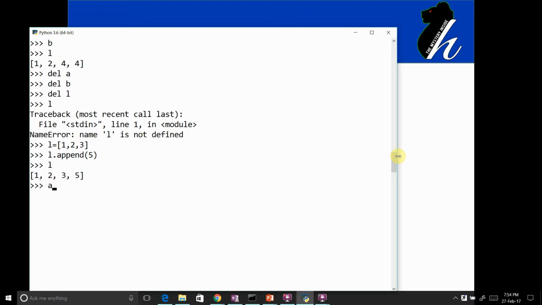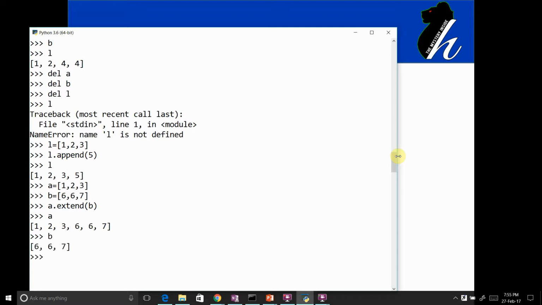Same way, let's say I have got one list, A equals 1, 2, 3 and B equals 5, 6, 7, or 6, 6, 7. That is fine. Now if I am doing A dot extend B, what it has done is it has extended the entire list B into A. So now A is modified to a new list that contains the values 1, 2, 3, 6, 6, 7. B would remain as it is.